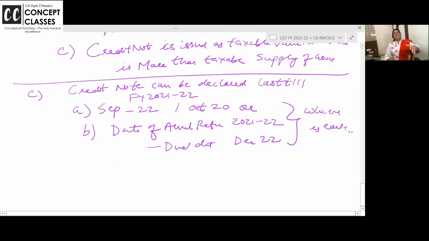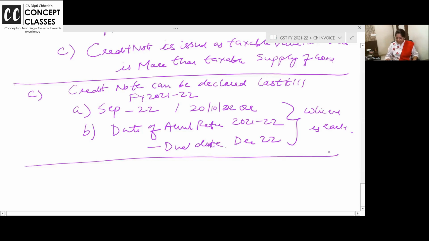We have done this so many times in the due dates and others. Credit note can be issued maximum financial year 21-22 अगर खत्म हो जा रहा है तो September 22 का October 20th of October और date of annual return. Clear है to everyone? Okay, so debit note